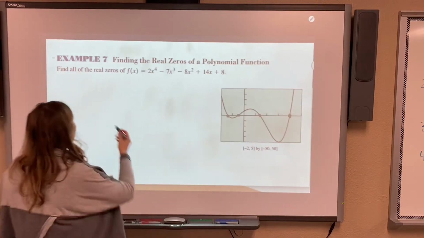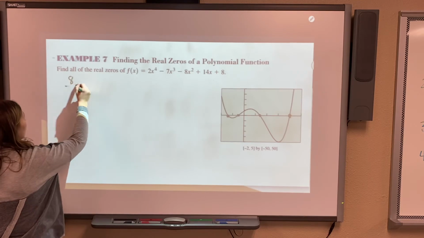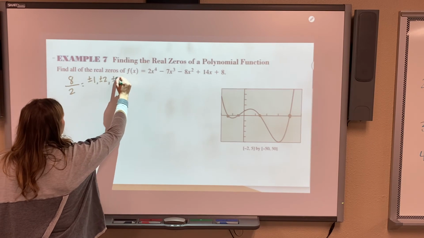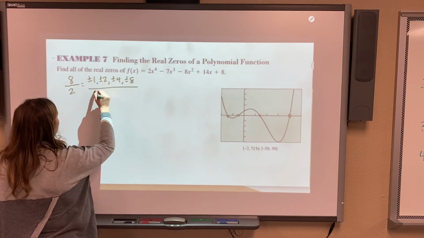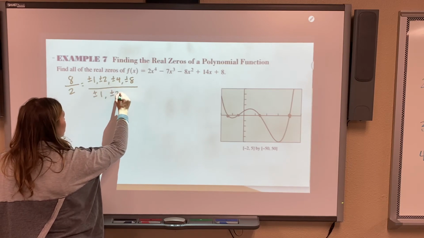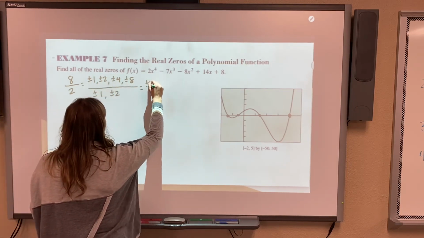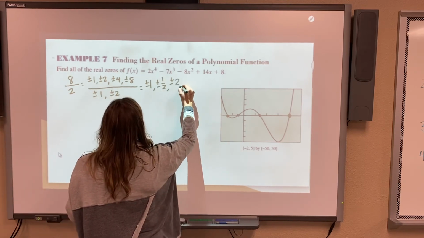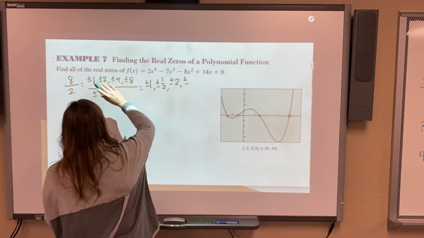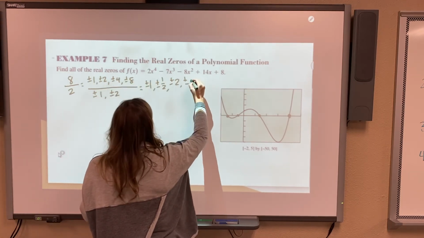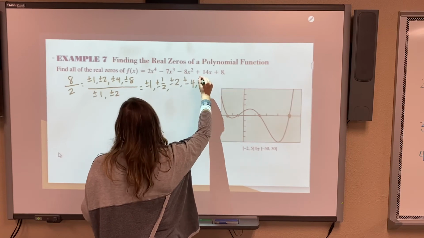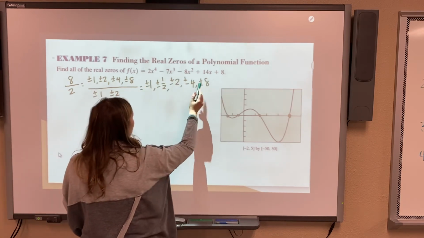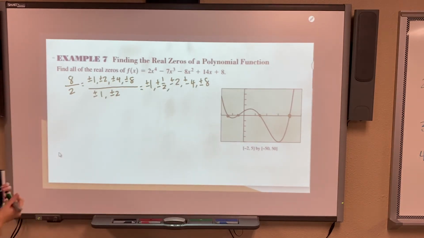Okay. And so if we do P over Q, so we do 8 over 2, so that would be plus or minus 1, plus or minus 2, plus or minus 4, plus or minus 8, over plus or minus 1 and plus or minus 2. That would be 1 over 1, so plus or minus 1, plus or minus 1/2, plus or minus 2, plus or minus 1, which we already have, okay, plus or minus 4, plus or minus 2, which we already have, plus or minus 8, and then plus or minus 4, which we already have, okay? So, and again, if we look,